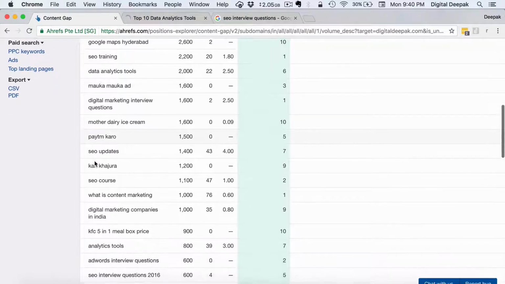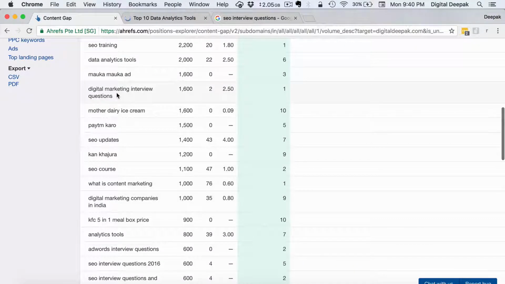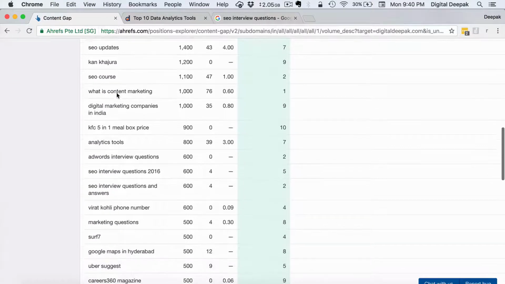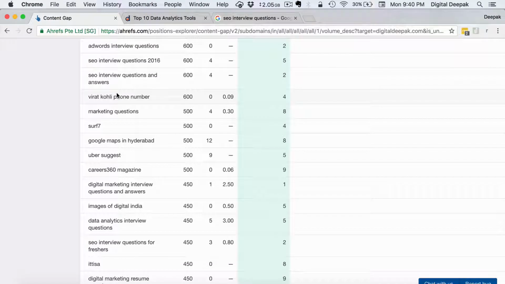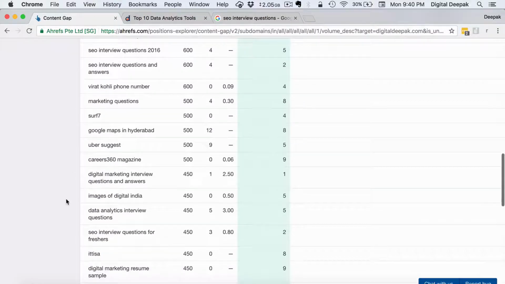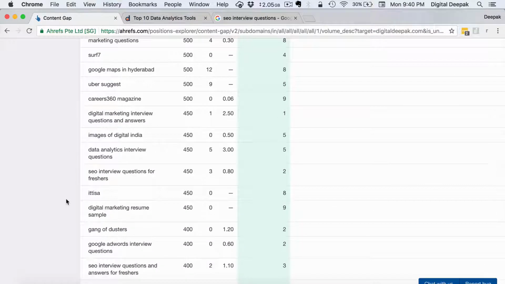And then you can see there are keywords like digital marketing interview questions, which I could definitely write an article about. So here it not just shows me good keyword ideas which I could rank in the top 10 for, but it also gives me an idea about what my target audience is searching for. If my target audience and Digital Vidya's target audience are the same, then there is definitely demand for these types of content which I should be publishing.